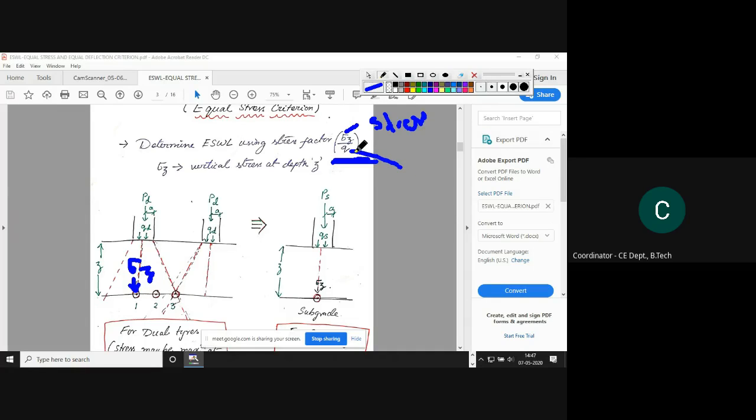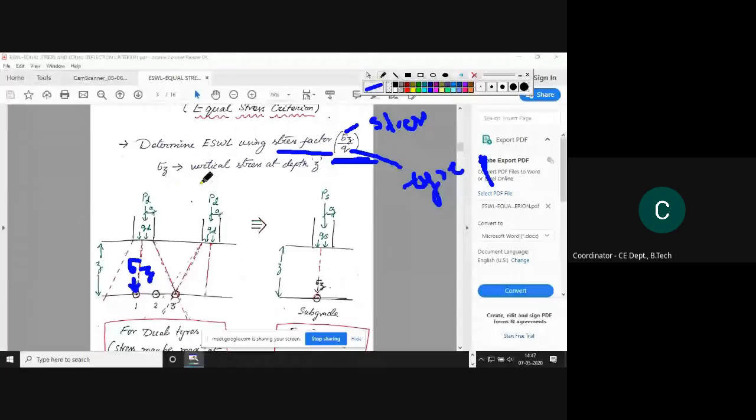Now, what is this stress? This is contact pressure, that means the pressure developed by the tire. This is the stress developed by the wheel load at a certain depth, and this is the contact pressure or the tire pressure, that is Q. So this is your tire pressure. See here, both numerator and denominator are stress only. Pressure and stress both have the same unit, right? So that's why it is called the stress factor. Both are of the same unit. So this is the stress factor.